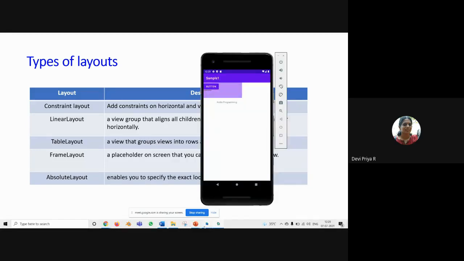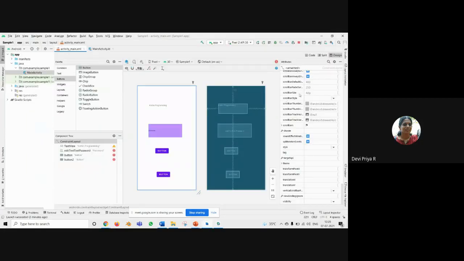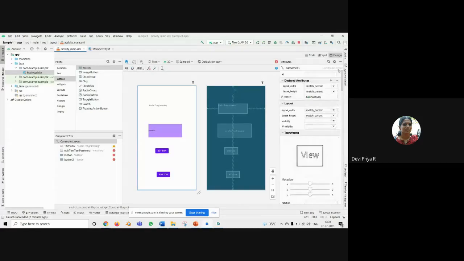So actually, this is parent. Normally, whenever you are creating the objects, you can give these attributes. Normally, by default, it will be set. If you want to change, you can set this layout with match parent. So automatically, the layout of your items, that means your components, will be matched to the parent. If you give wrap content, see, the content is only up to here. So this layout will be minimized. But if you give match parent, the entire screen will be visible and your components will be visible as it is. Okay.